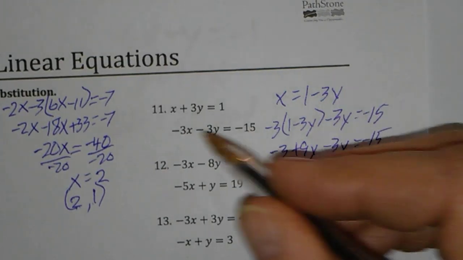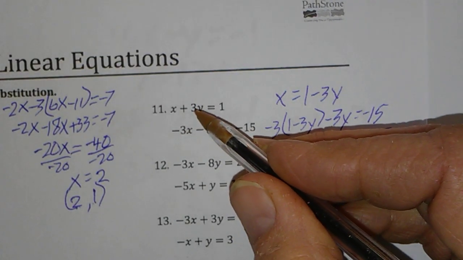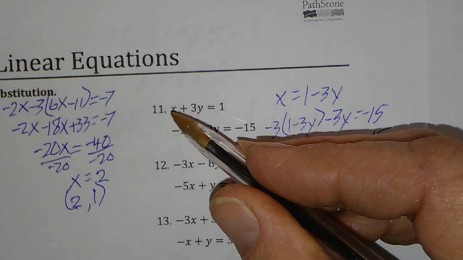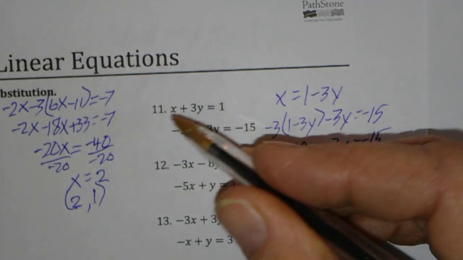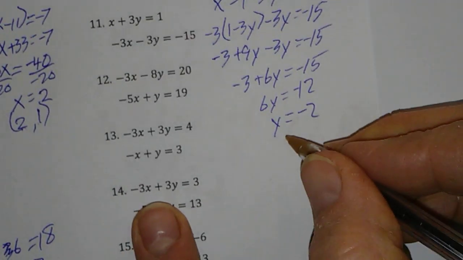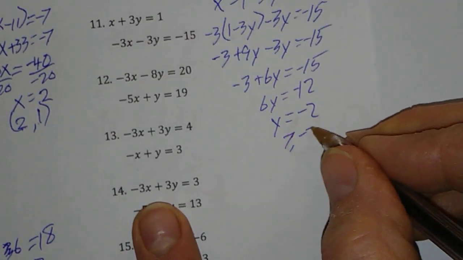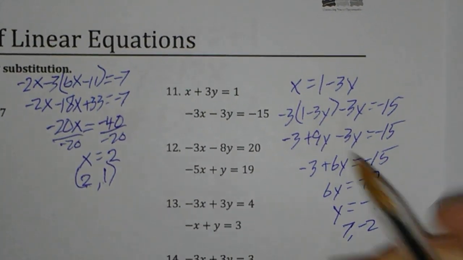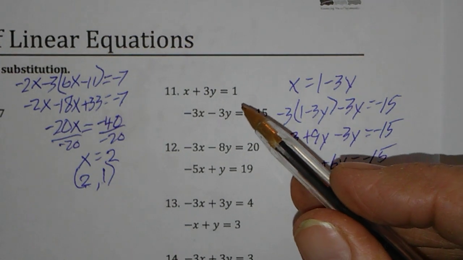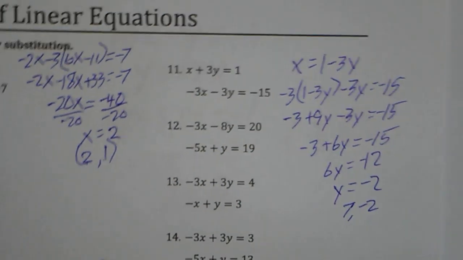Plugging that back in here, negative 2 times 3 is negative 6. X minus 6 equals 1. You add 6 to both sides, you get x equals 7. 7 comma negative 2. 7 comma negative 2 would work in this one. That was one I did, right? Yeah, okay. Anyway,